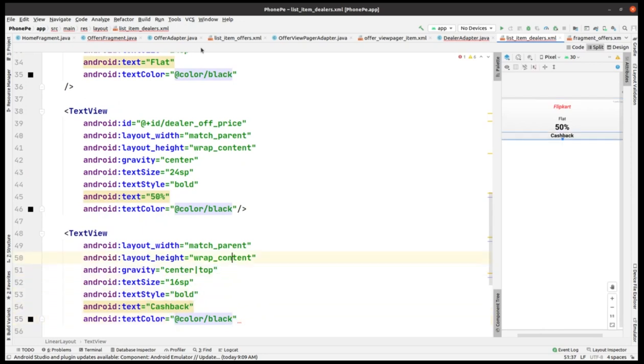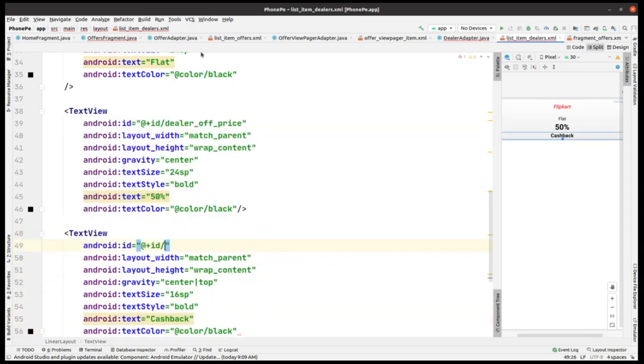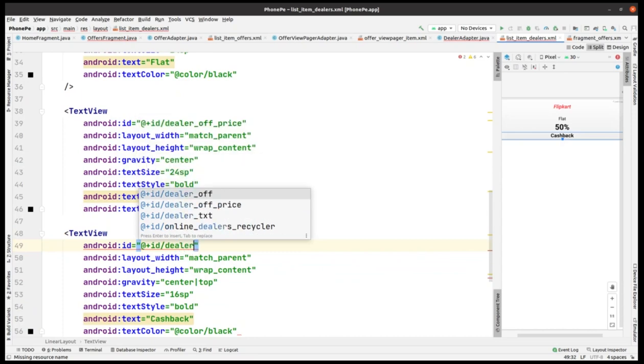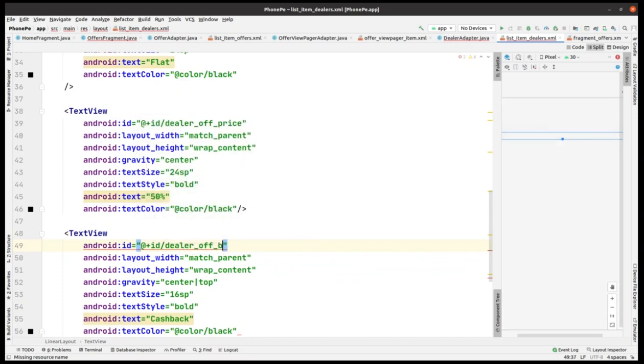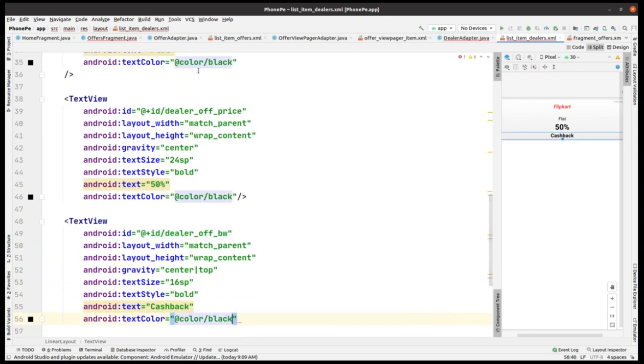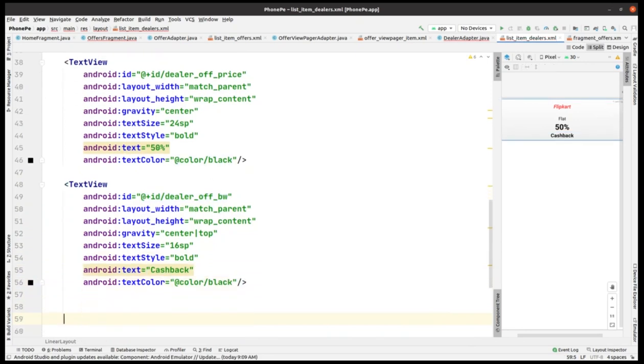Again we have to add the text color, and here we have to give the ID. So I'm giving the ID as dealer of, then VW. Yeah, close it, and now